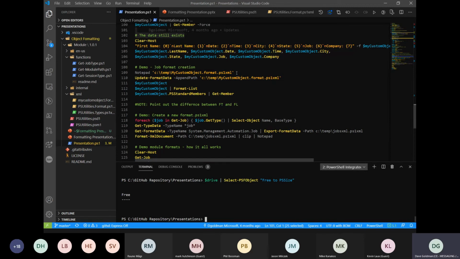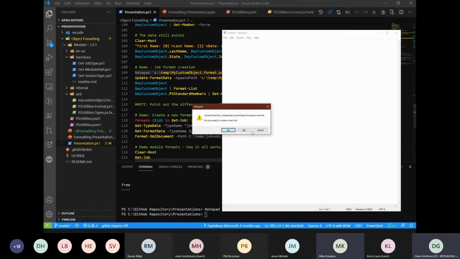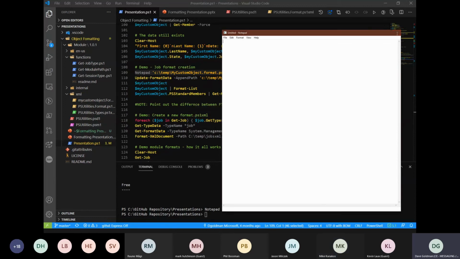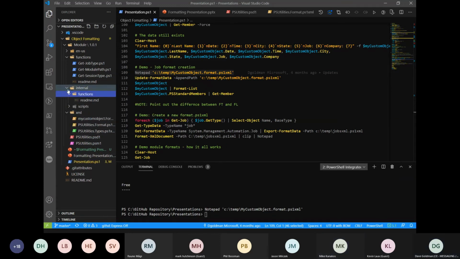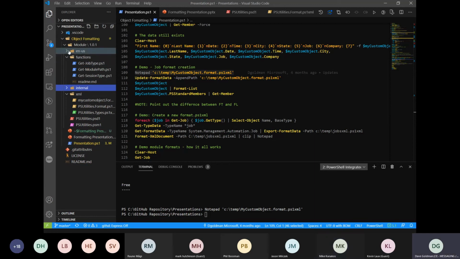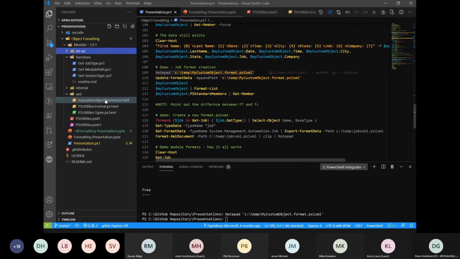All right, so here's what I'm going to do. I am going to open up, let's see if this is there. I built my machine, and that's not there, but I have it in my project. Here it is right here.